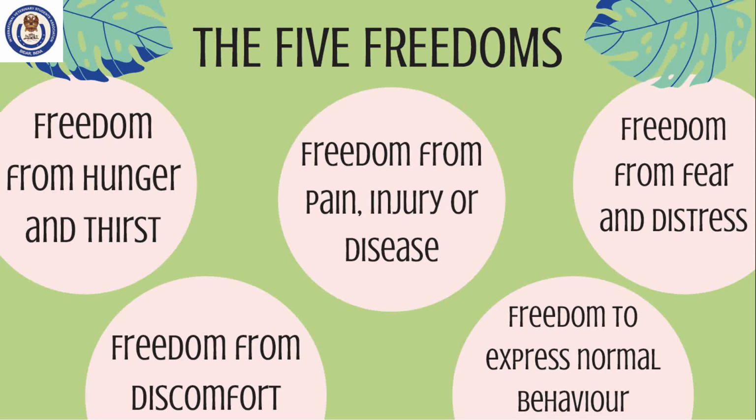So these 5 freedoms are freedom from hunger and thirst. This is by ready access to fresh water and diet to maintain health and vigor. The second is freedom from discomfort, which is done by providing an appropriate environment including shelter and a comfortable resting area. The third is freedom from pain, injury or disease. This can be done by prevention or rapid diagnosis and treatment. The fourth is the freedom to express normal behavior. This is by providing sufficient space, proper facilities and company of the animal's own kind. And the last freedom is the freedom from fear and distress. This can be done by ensuring conditions and treatment which avoid mental suffering. So now that you have an idea of what the 5 freedoms are,